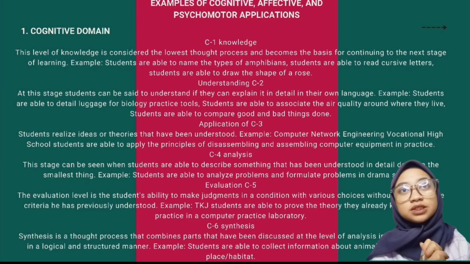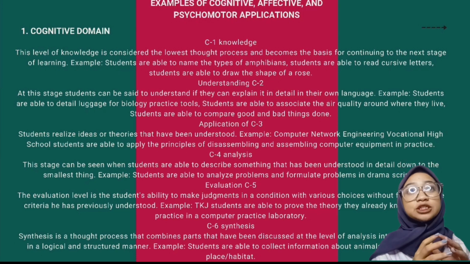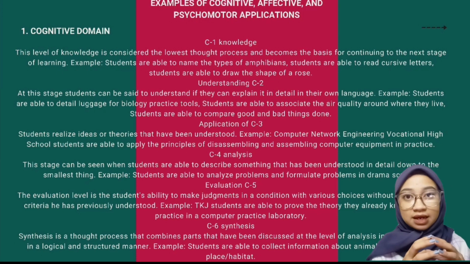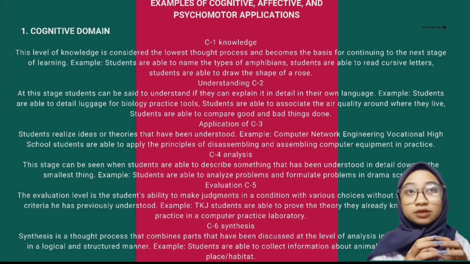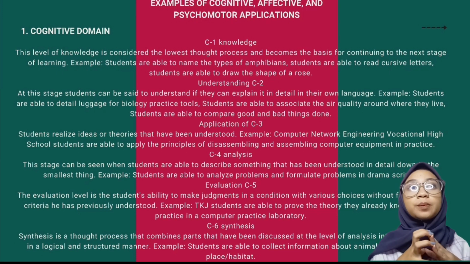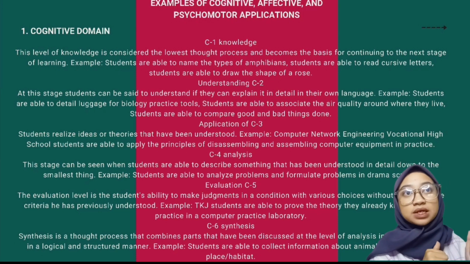The evaluation level is the student's ability to make judgments in a condition with various choices without forgetting the criteria they have previously understood. Example, TKJ students are able to prove the theory they already know through practice in a